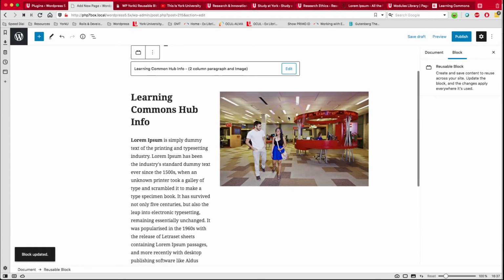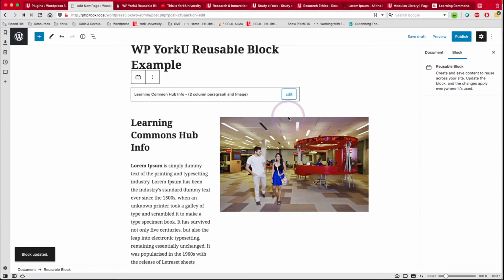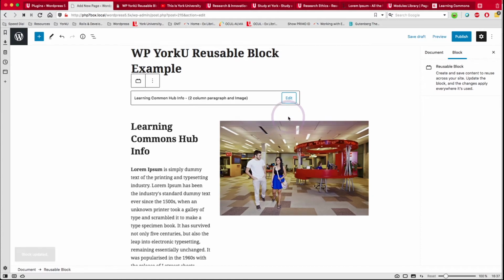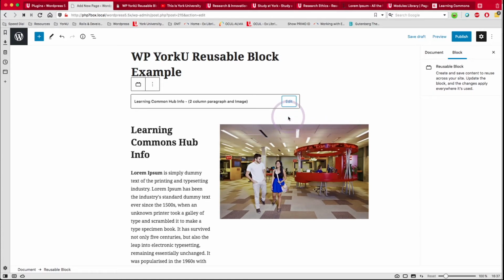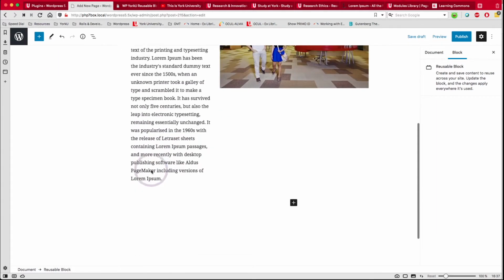Now to show you how to use this. Let's assume for a second I'm on a different page and I want to reuse this specific reusable block that I've created, which is a combination of multiple blocks. I'm going to go ahead here,